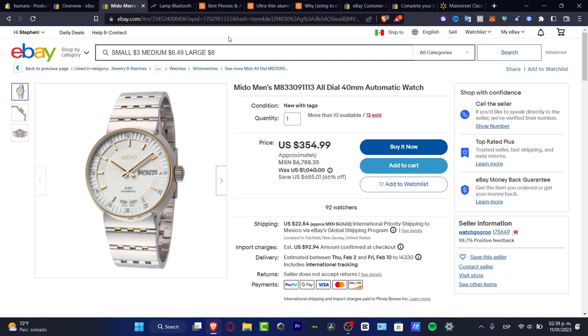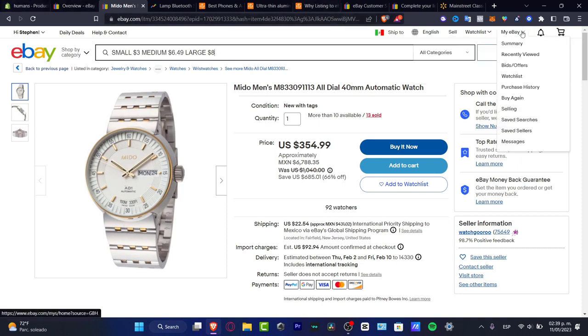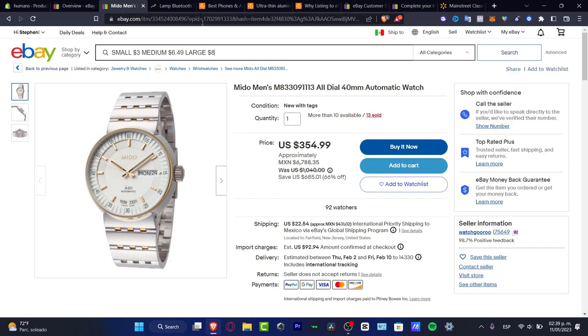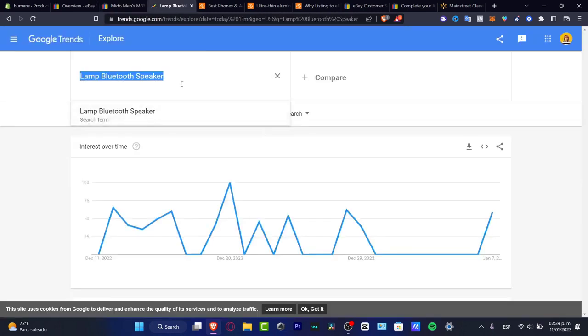The third option that you can do is the most accurate thing that you can do here on eBay. I mean, in every sale, in every e-commerce, in every online store, is to actually do product research. But there are two ways that you can do some product research. I can look for men's watch in Google Trends. So Google Trends is an amazing explore section that can help us see how likely people are to buy